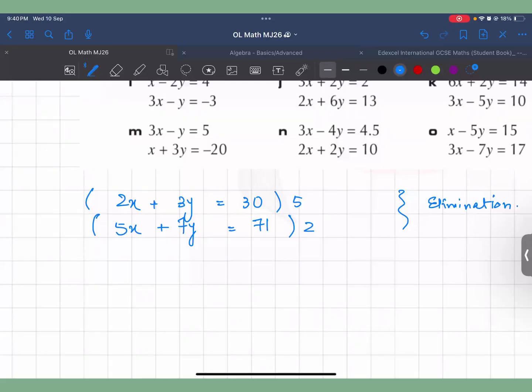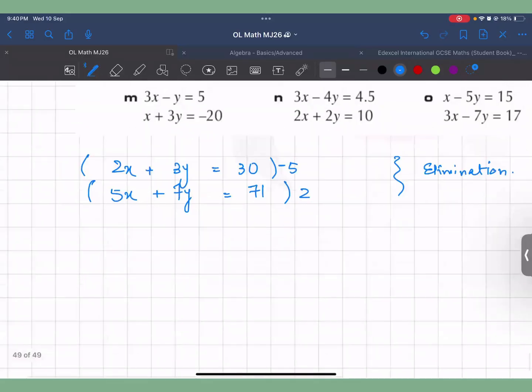And this is just another method. If you want to make the variable have the same number, you can multiply the variable with the coefficient from the other equation. So this way both would become 10x. But we also need to change the signs. So you would need to multiply any one of them with minus as well. So let's take -5. So now you multiply.